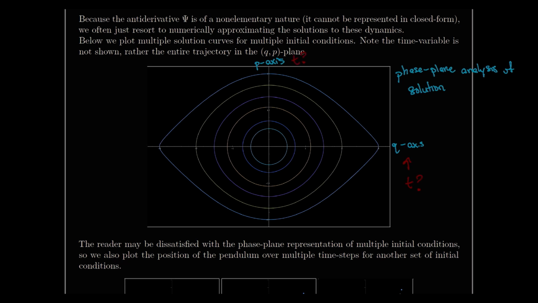Where is T? T exists at all points in time. So you can think about me starting at T equals 0 at this point. Maybe T equals 1 is here. Maybe T equals 2 is here. Maybe T equals 3 is here. And so on. And this is going to be true for every single